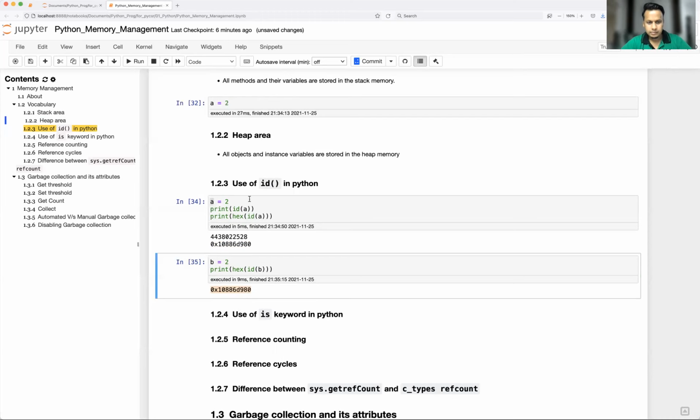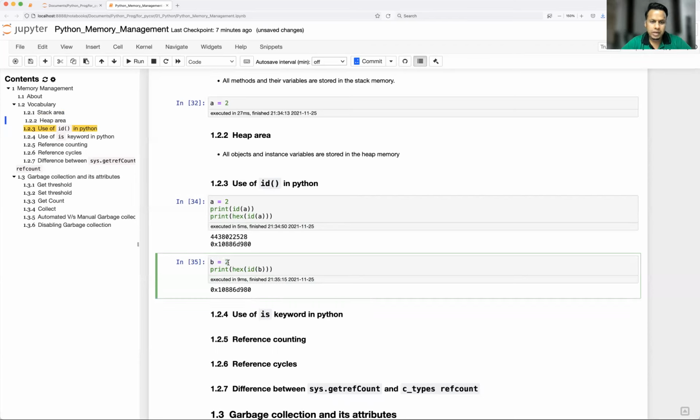If you know Python or maybe C, C++ or any other language, for every variable you define there will be dedicated memory space. But in Python, it doesn't work like that. It is managing very smartly. If the Python interpreter sees that some object is already defined somewhere, it is not going to create another memory location for the next object.